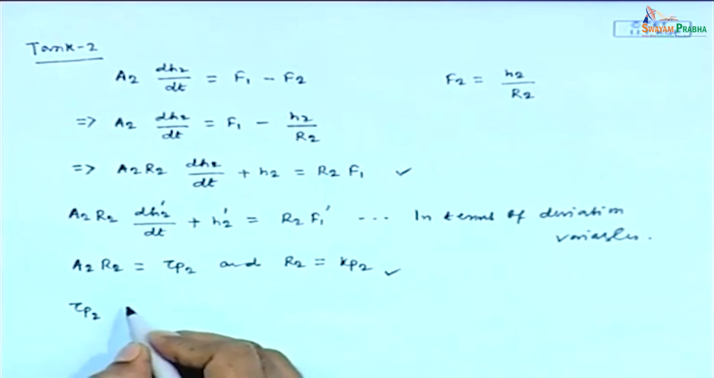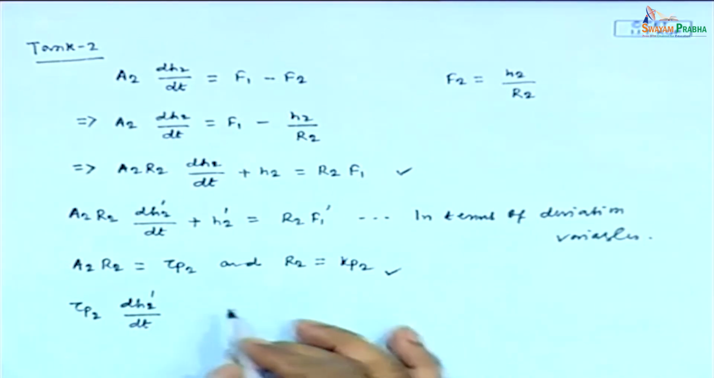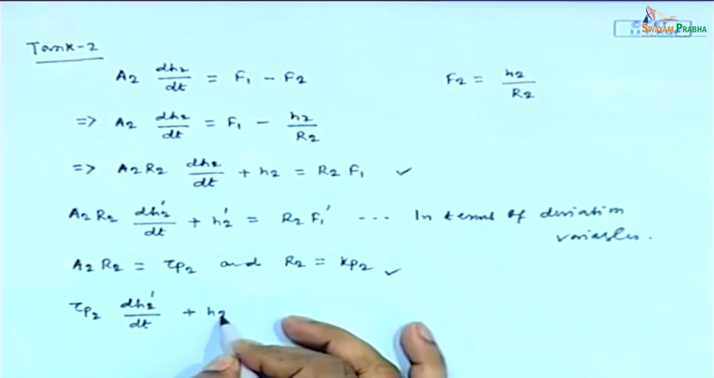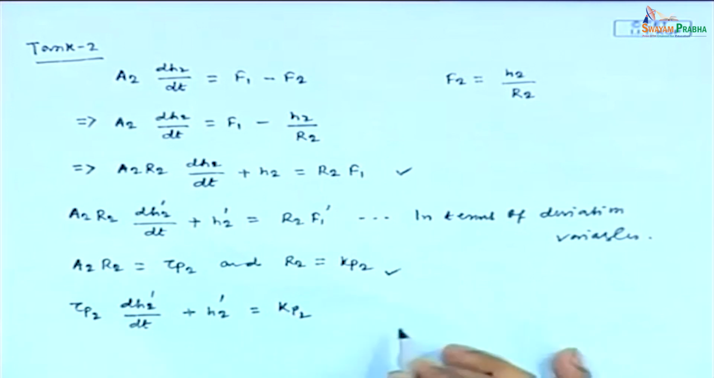Then we get tau P2 dH2 prime dt plus H2 prime equal to Kp2 F1 prime,